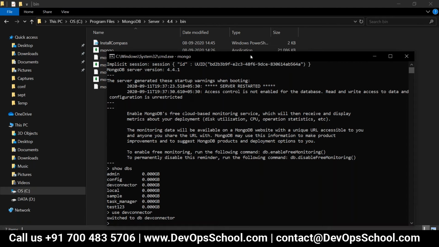Now here, what is it going to do? When I fired show dbs, it was showing admin, config and local for me. Same for me. Vignesh, have you done one entry over the Postman? Unless you do the entry over the Postman, it will not create your database, or it will not create your collection.